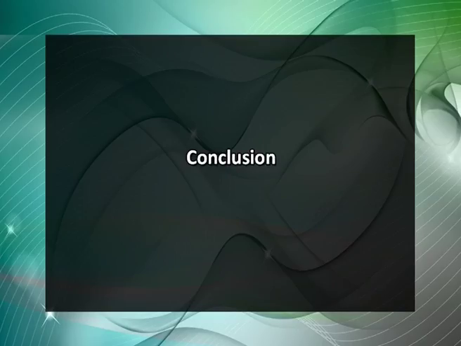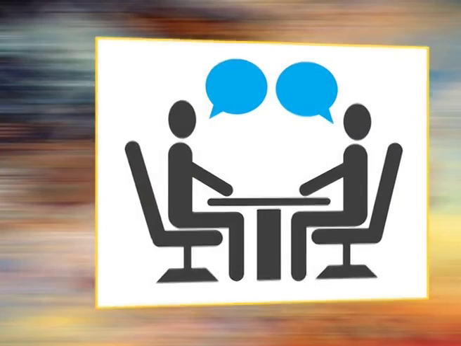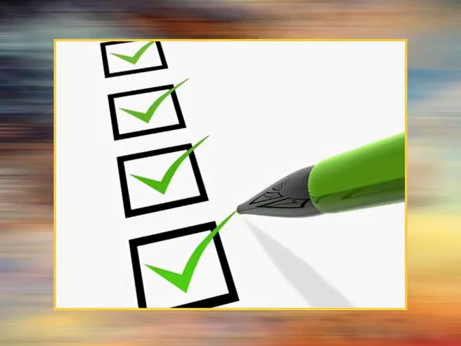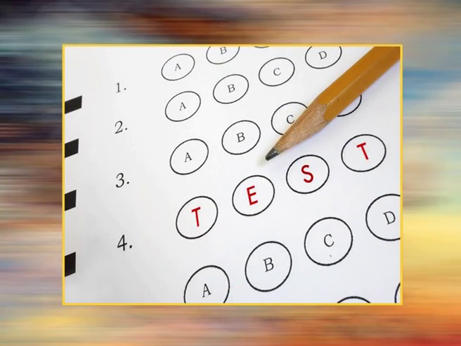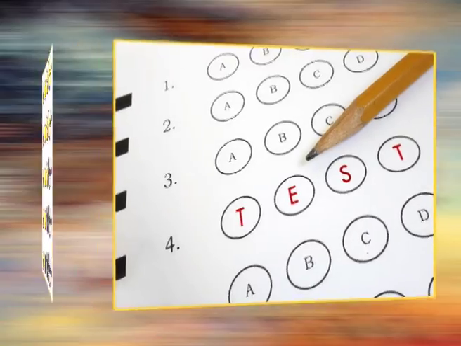Conclusion. From the above discussion, we can conclude that interest is such a powerful dictator, inspirer, and motivator which influences and determines the success of an individual in his life. A number of methods can be employed for measuring interests, such as interview, checklist, observation, questionnaires, tests, rating scale, and inventories.